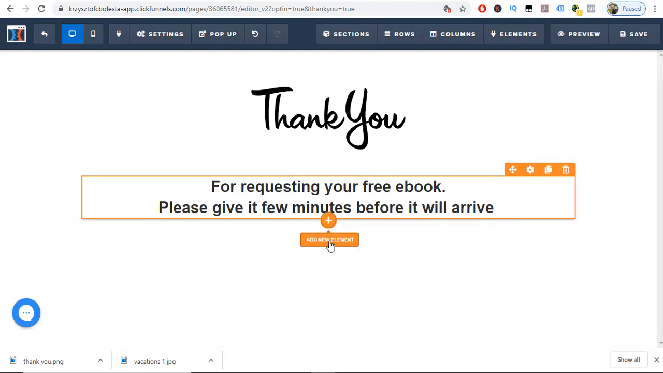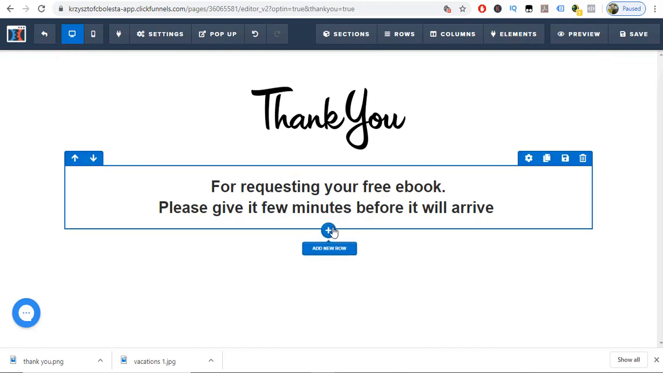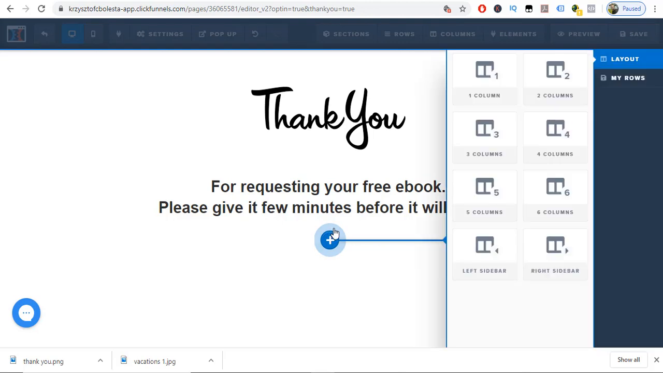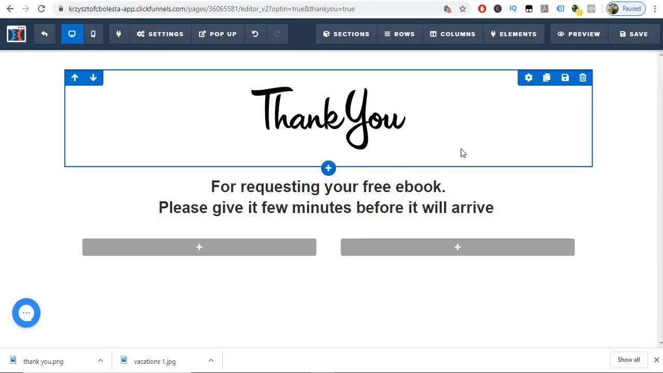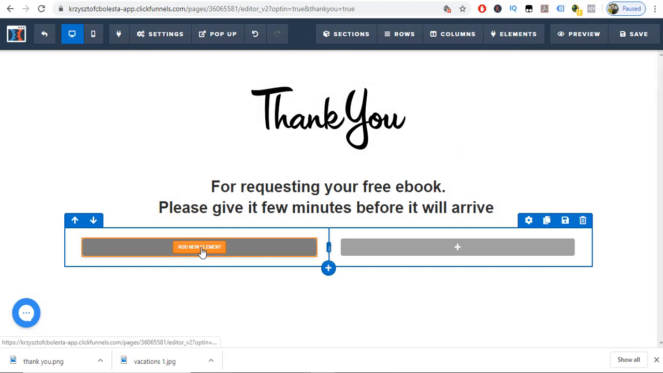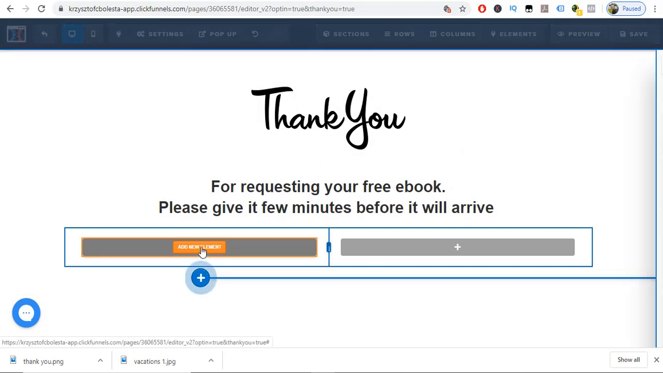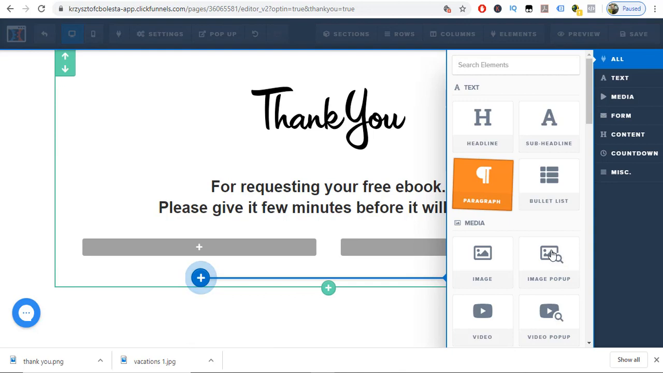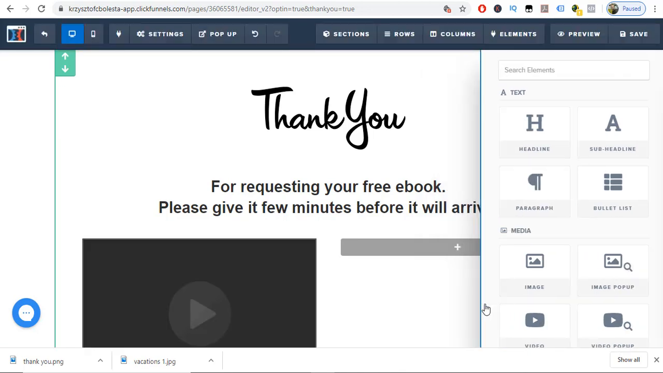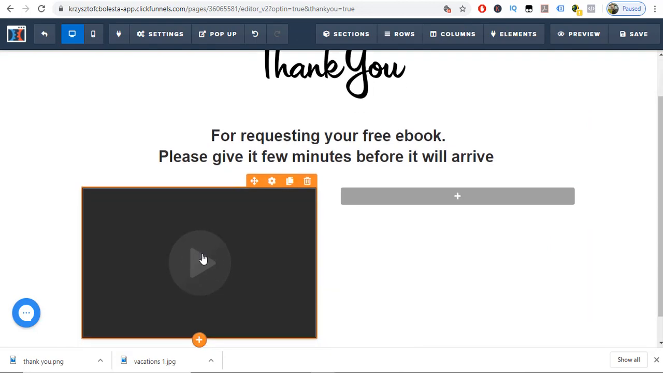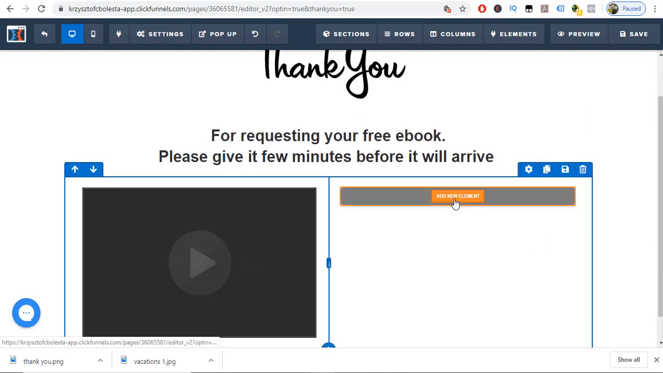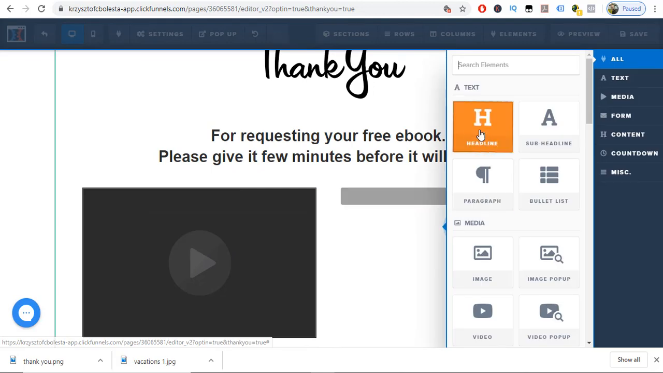And then what you might even do, if you've got any videos or something, you can add a new row. Let's say if you've got any product to sell, you can do 2 columns in here, and on one column you will put element. This time let's do video, and then you can paste in here a video of the product you want to sell, and in here let's do headline,